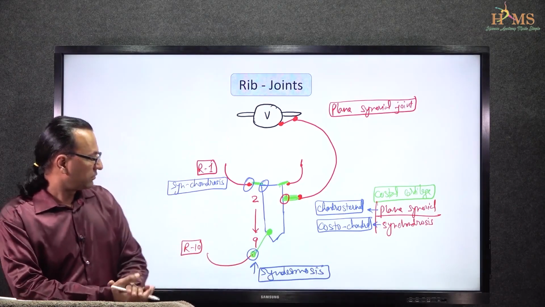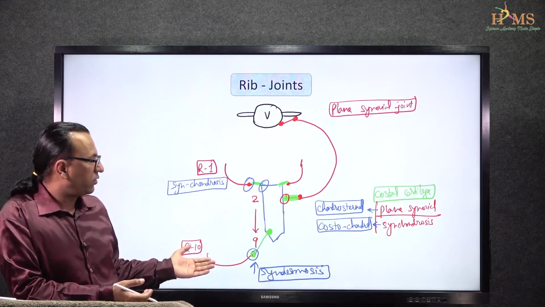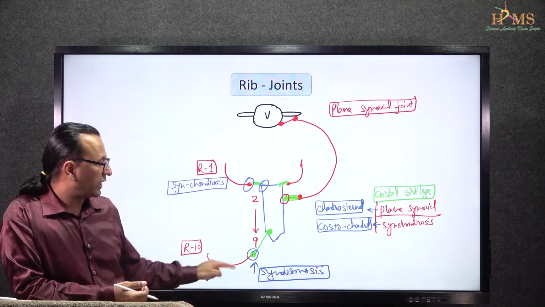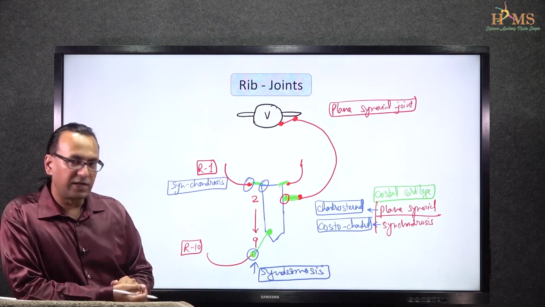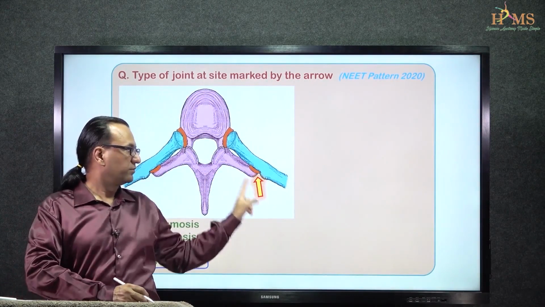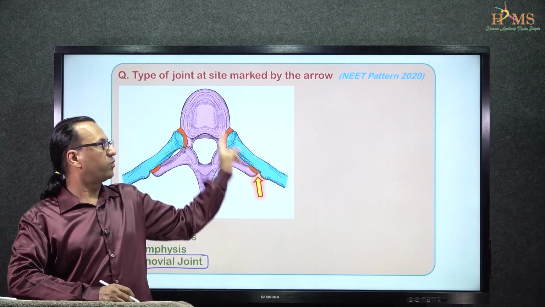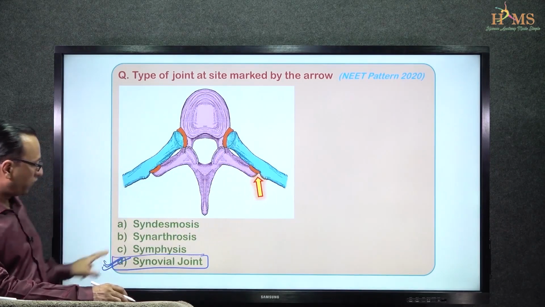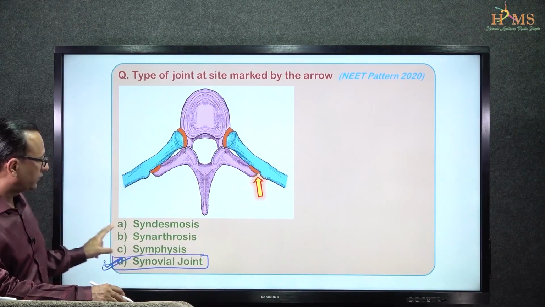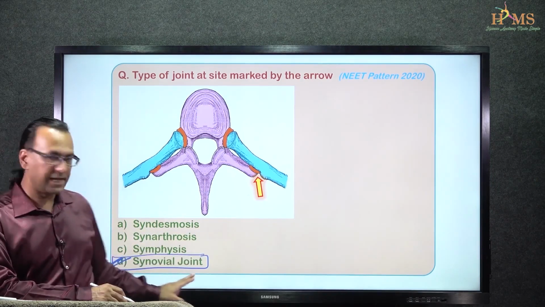Now, it may appear a lot of information to you, but it can come as questions. So be careful while you answer those questions. You have to practice a lot of MCQs to handle such information. Can we go back to our MCQ then? Yes, let's do that. It was simply asking, what is the type of joint here? Costotransverse joint. May it be costotransverse or costovertebral, both of them are plain synovial joints. Where did you see the syndesmosis? The 10th rib attaching to the costal margin. Keep your answer as choice number D here.